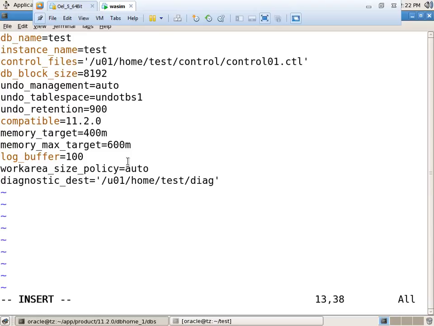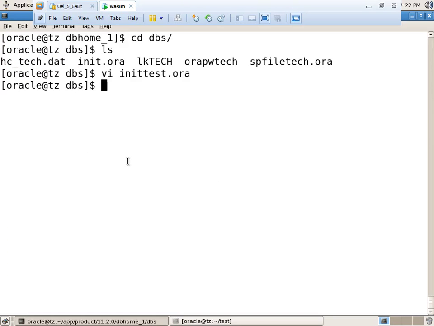Okay, the parameter file is created now. Okay, after that, save and exit. Okay, now we are exporting. Export ORACLE_SID is equal to test. Okay,